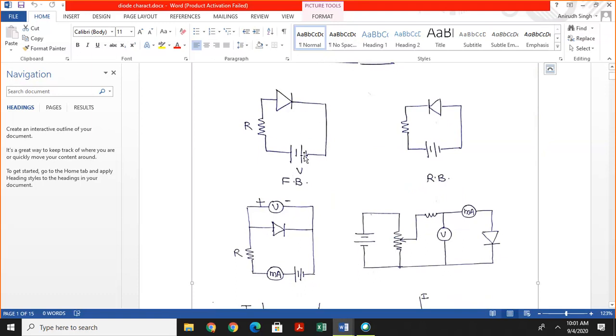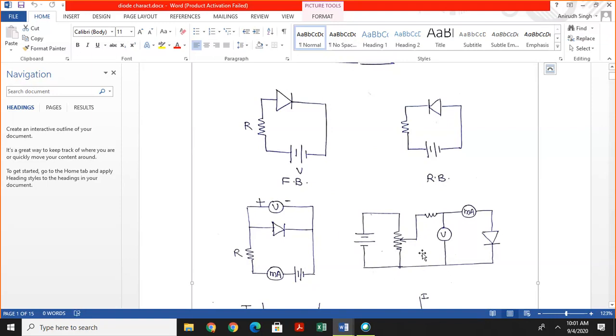This voltage is increased in steps of 0.1, 0.2 or 1, 2, from 0 to 1 volt, and then the voltage across this diode is measured by a DC voltmeter, and the current through the diode is measured by a DC milliammeter. This circuit is redrawn